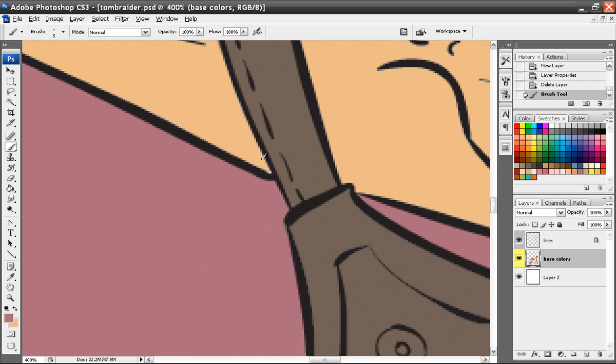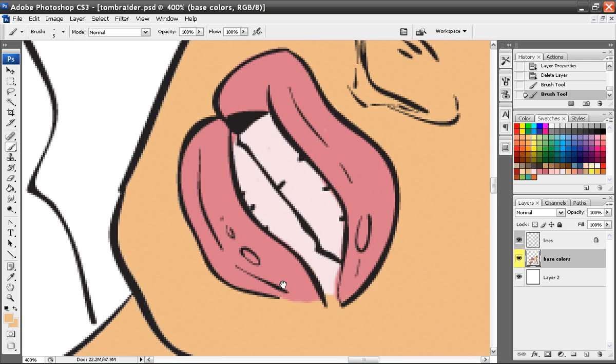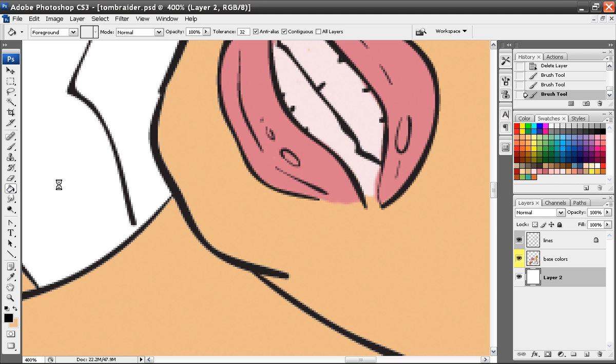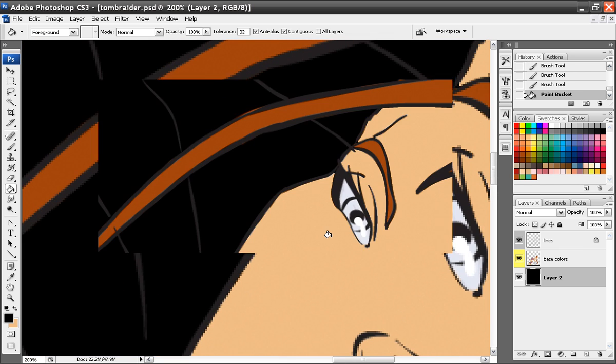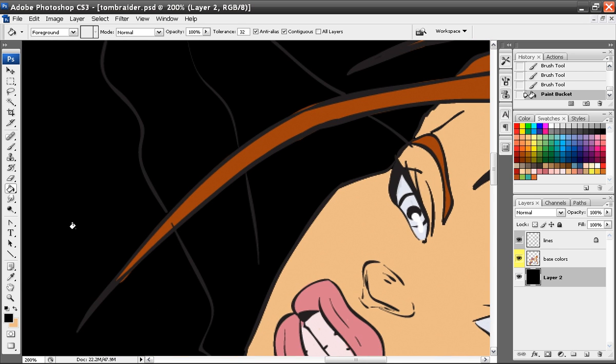So I just went ahead and did that, and there's some little nooks and crannies here and there that it doesn't catch. Sometimes you might want to change the background color to black so you can see those little places where you might have missed. Just temporarily change it to black and you can change it back to white when you need to. But this is good, like I said, to go in and see that there's places I went outside the